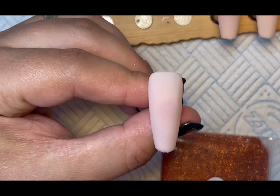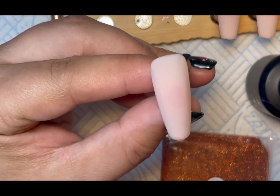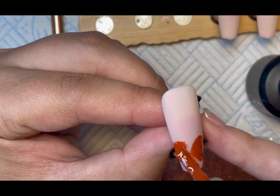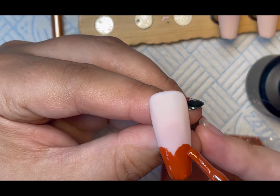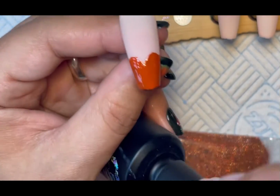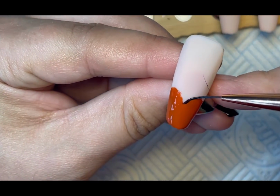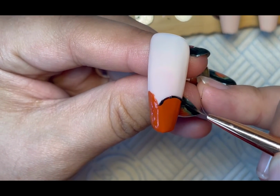Okay, this next one, I am going in with a gel polish as a background colour. Same shape again. I've come a bit further up than I meant to, but that is fine. So you just want to cure this. Then you go in with your no wipe. Or if you are using gel paint,